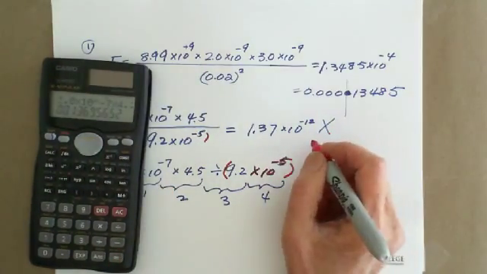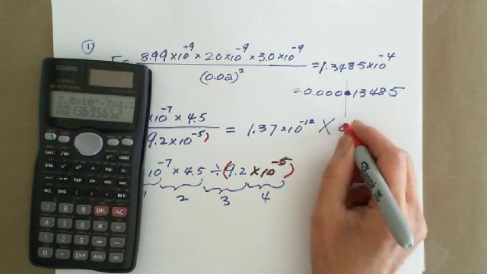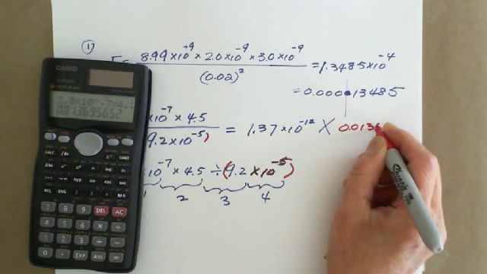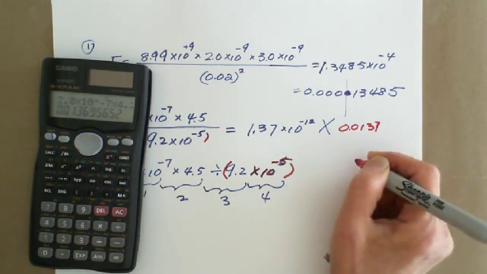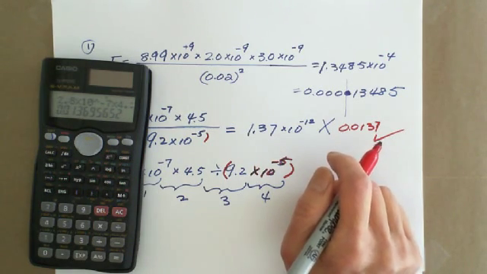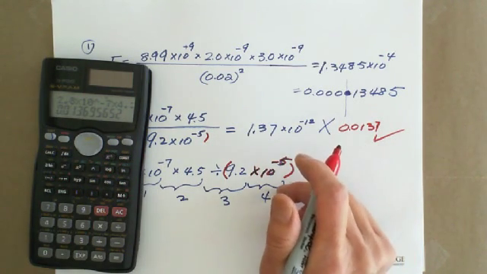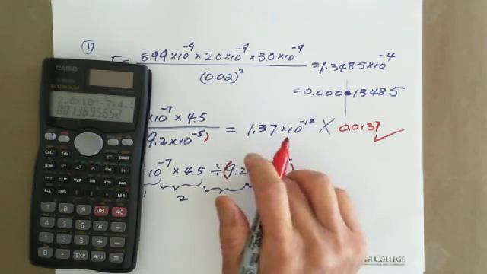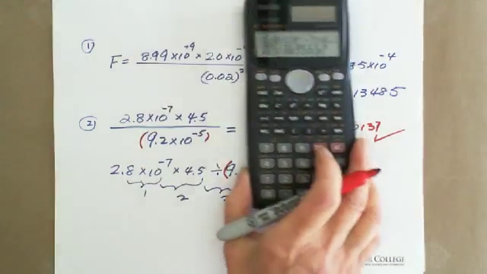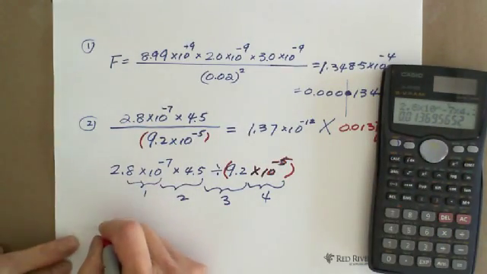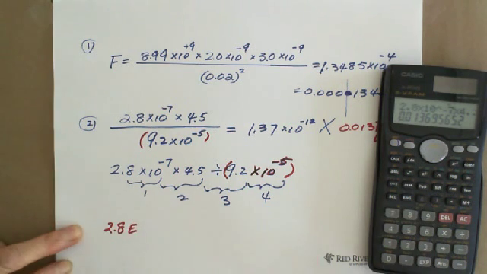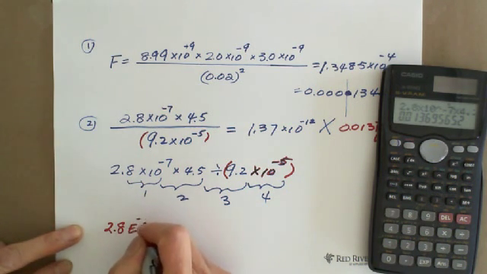Actually, the answer is 0.0137, to 3 decimal places. This is right. That's why you need to be careful. The other way to protect yourself from mistakes is to use the EXP button. You do 2.8, EXP, which is -7,